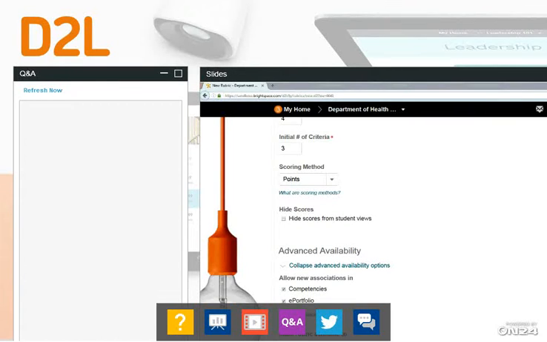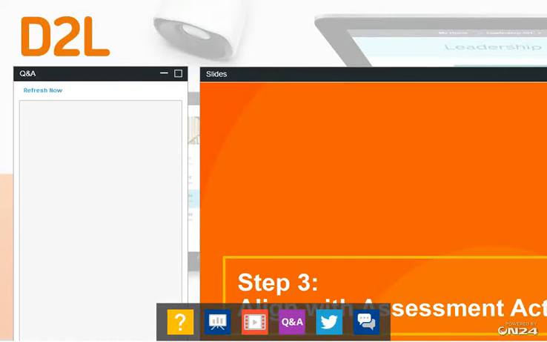So if you do that, if you create your competency structures and your rubric structures at the appropriate higher level of the organizational unit hierarchy, it makes it really easy for you to be able to then use them in multiple courses or multiple areas that are going to be needed in the right areas. And then that brings us to step 3, essentially, is once we create those competency structures and those rubrics at higher levels and share them down, how do we then set up the assessment? So how are we going to assess them in the areas that we've shared them down to,